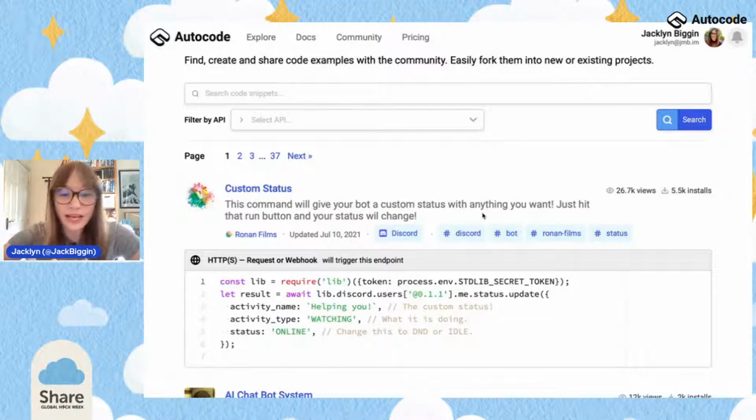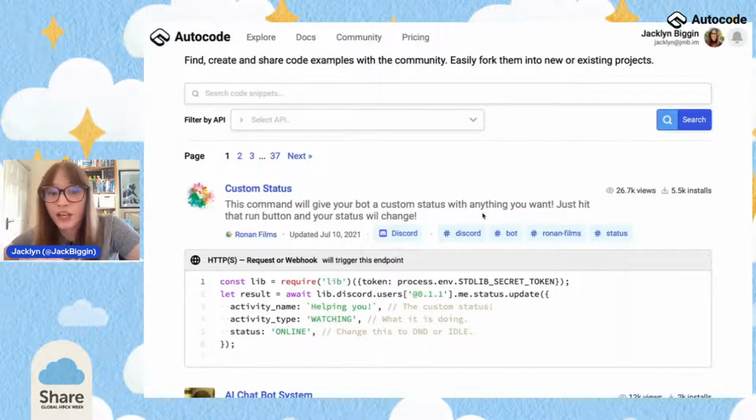Because a lot of what we did yesterday is we just built commands. And if you want to build a really cool and successful Discord bot, it needs to have more than just some basic commands. And I think a great first step for us to add would be the ability to set a bot's status.